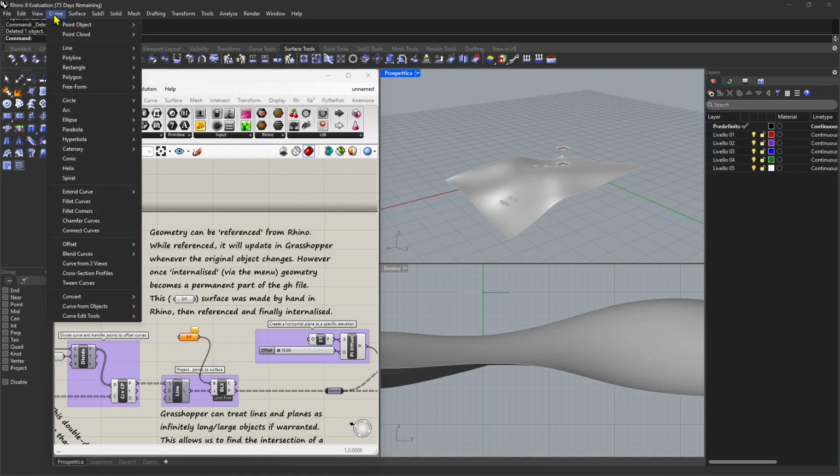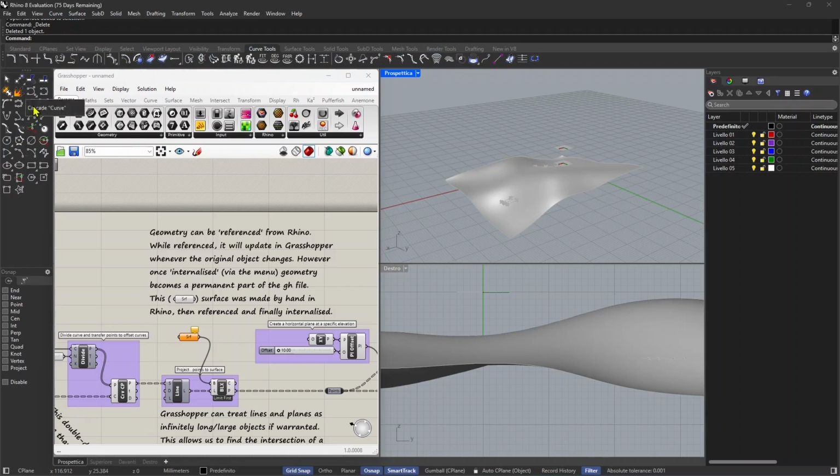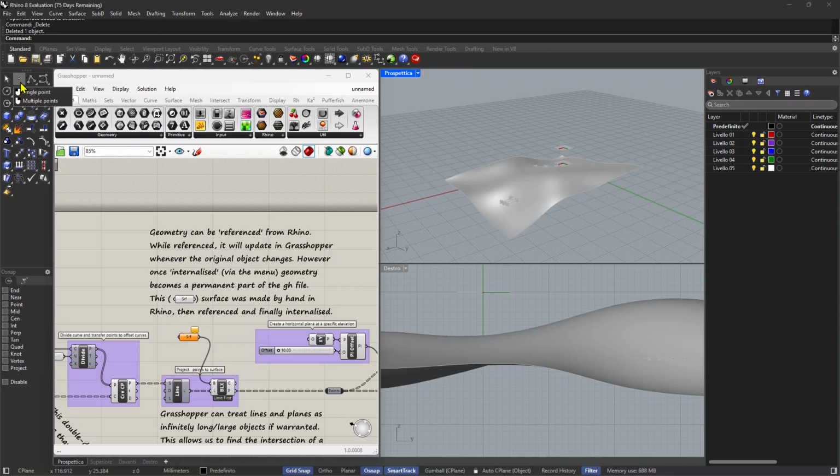So also in Rhino, you have menus on the top and the toolbars that you can see. They go from curves, and then you have surfaces, and then you have solids. So if I go here to curve tools, I can start creating curves, or I can go in the standard menu here and just create points. Now left mouse for the single point, right mouse for the multiple points,